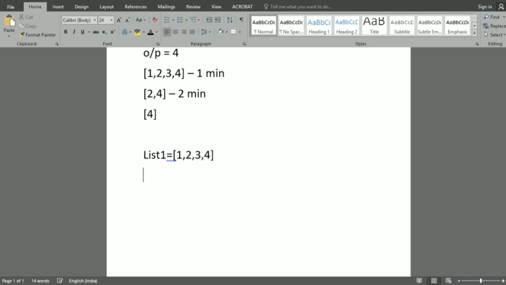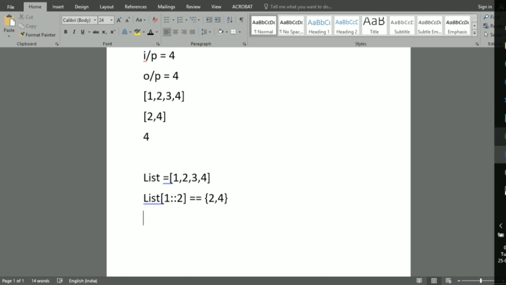index. So how can I slice that? I have already explained that in a previous video. If I enter the starting value as 1, this will go until the end of the list, and I will add the step as 2. So what this line of code is going to do is get me the values present at the even positions, that is 2 and 4 in this case. This operation is to be continued until there is only one element present in the list.